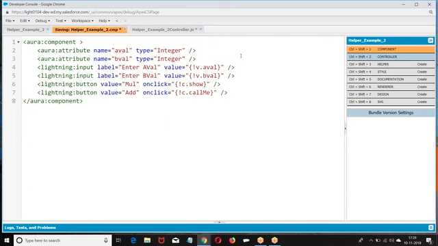Now we gave this a value, b value. We want to perform the operation.